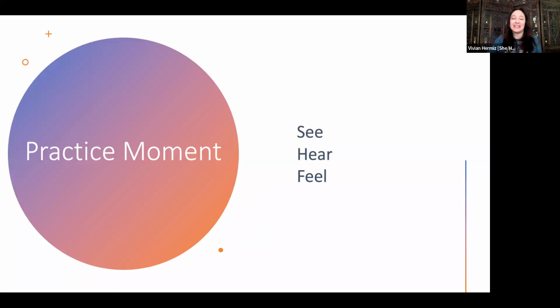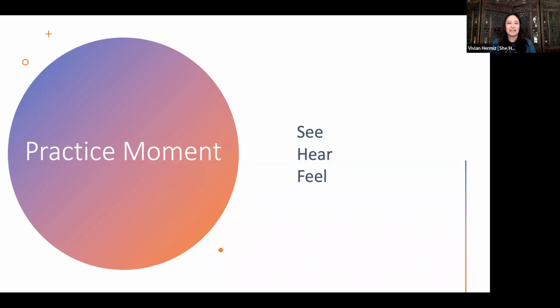So again, I invite you to stretch out. And as a reminder, you can do this in any posture. I just invite you, for this practice, not to do it in movement, but you can do it laying down or sitting or standing. It's just so we can narrow in on the sensations.